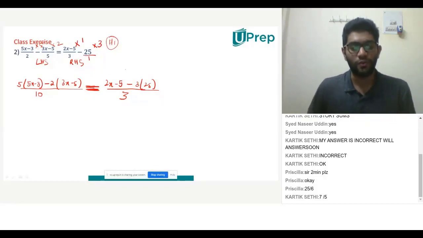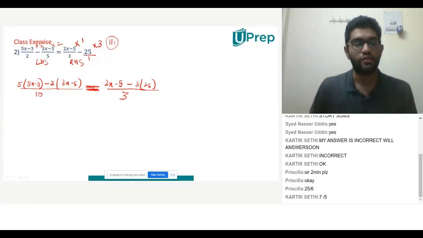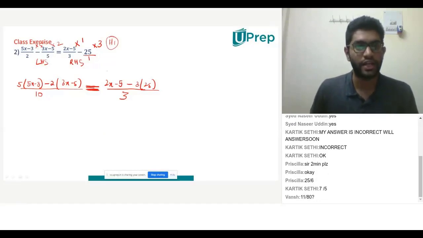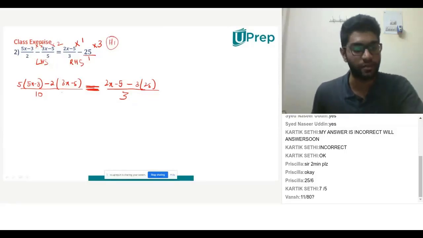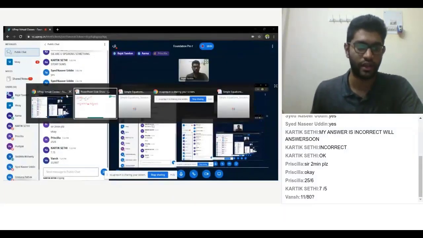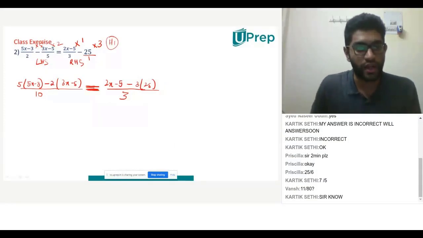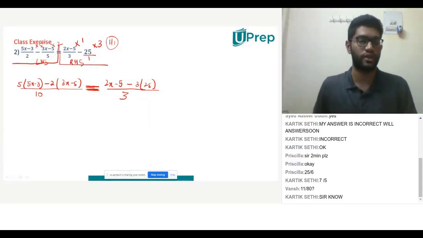That's correct. We do the same operation on both the sides when we are trying to isolate something. Right now, I am just simplifying it by taking the LCM. I haven't started solving it also. I have just taken the LCM of both of them individually and solved. Do you guys know the concept of LCM or do I have to revisit that? Sir, I know the concept of LCM. Yes, I asked the same question last time. All of you told me that you knew the concept of LCM. Now, that is what I've done. I've taken the LHS and I have taken the RHS and I have just solved them individually. I haven't started isolating x or anything as of now.